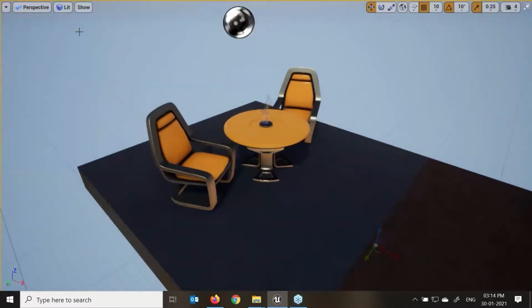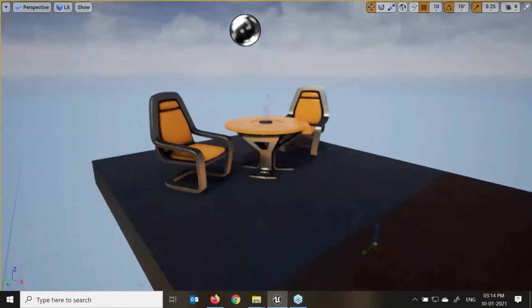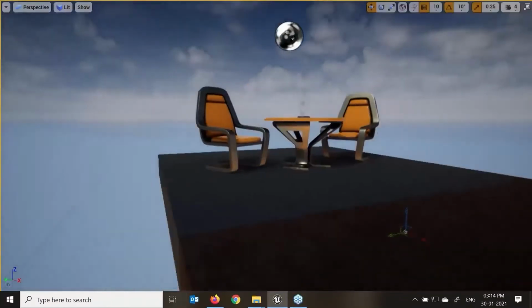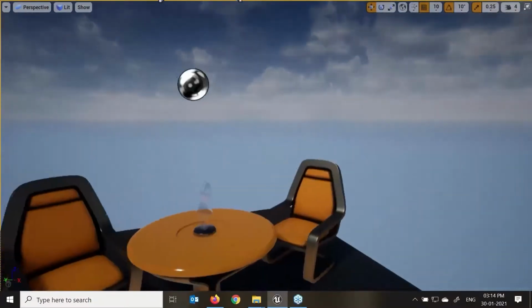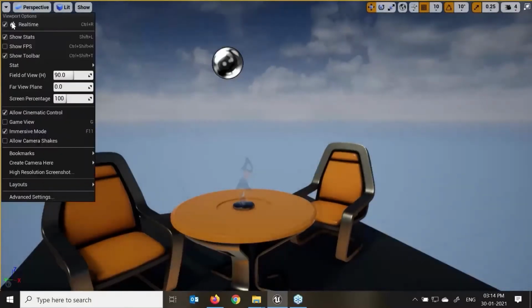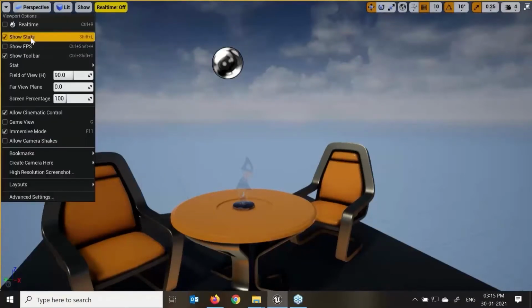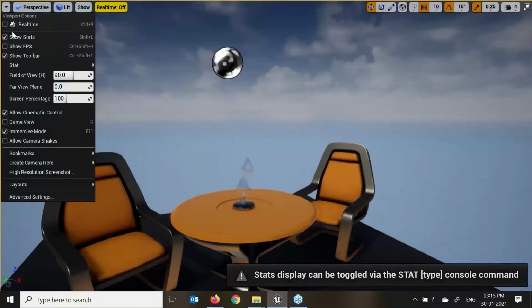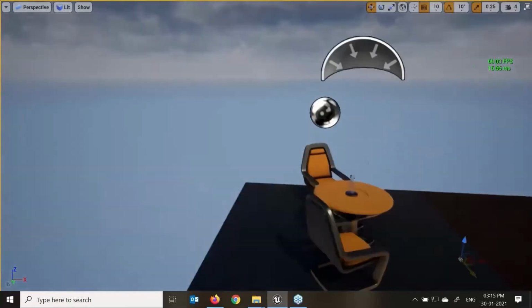When we talk about the viewport panel, here we have different options available. We'll see them one by one. If I click over here, this is Real Time. Again, if you see, my sky is moving in the Unreal Engine. If I want to stop that movement, I click on this control, and Real Time is off. Now we are saving a lot of RAM. If I click again over here, we have Show Stats. Show FPS is also there. I'll just turn that on. Here we can see the frames per second, which is really very important.